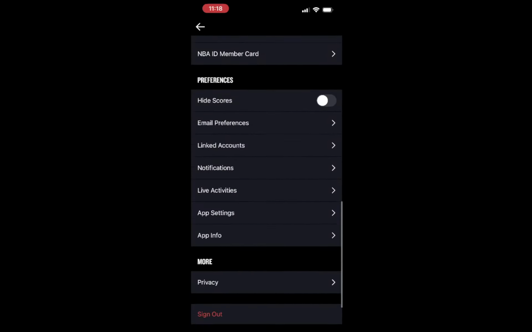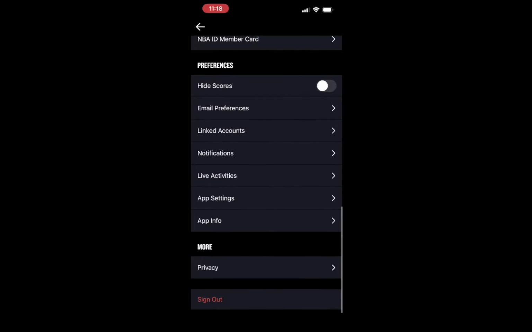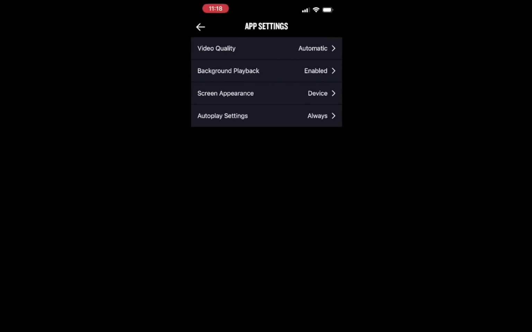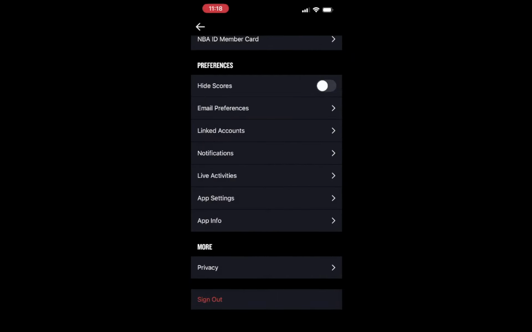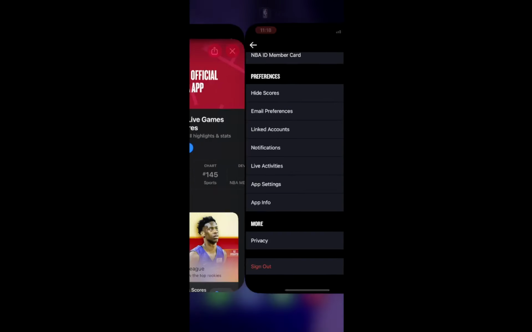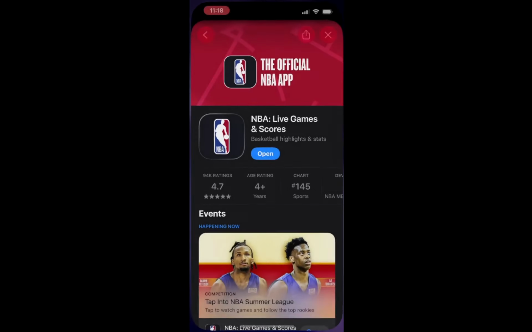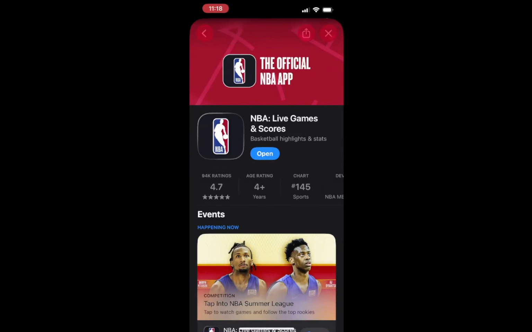It's a good practice to regularly check for updates to keep your app running smoothly. You can also enable automatic app updates in your device's App Store settings to receive future updates automatically. This little step saves you a lot of time later and keeps your app always up to date.